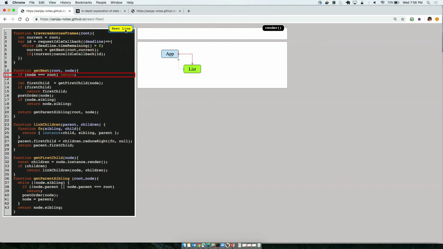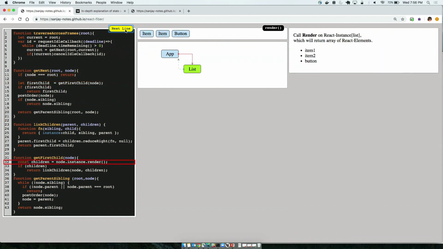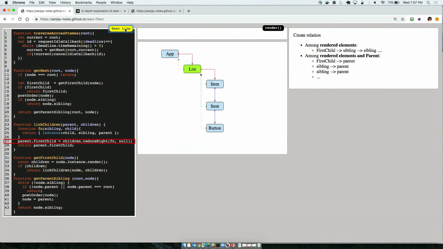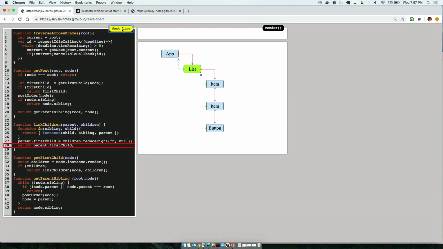If yes, React executes that function and calls the render function of the list. In this case, it returns 2 item and 1 button React elements, and then React builds the linked list for that. The first child is item 1, the sibling for it is item 2, and the sibling for that is button, and the parent link for all three is created. And then React returns the first child here. In this case, the first child is item,